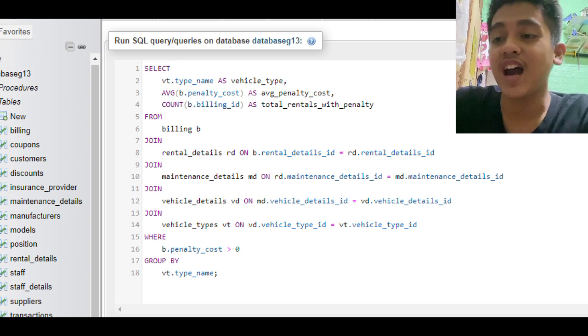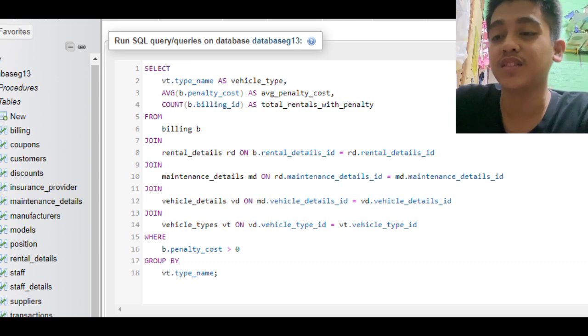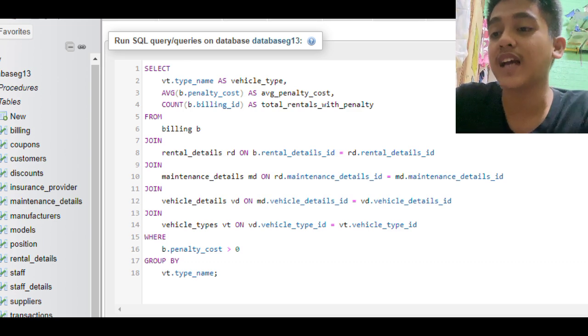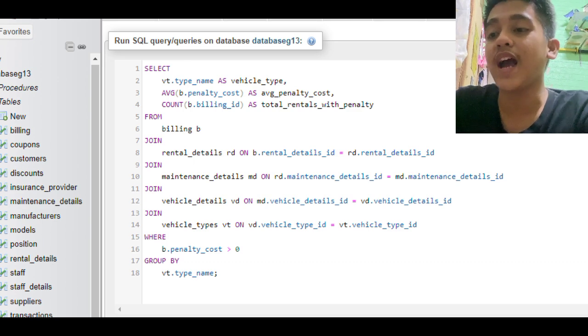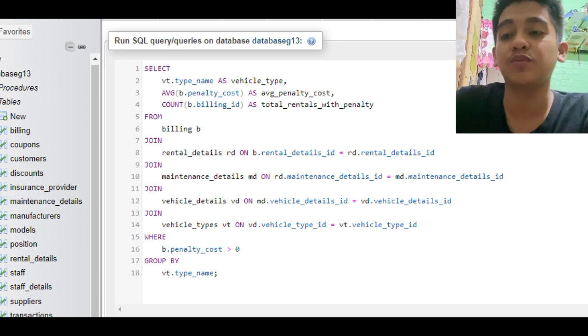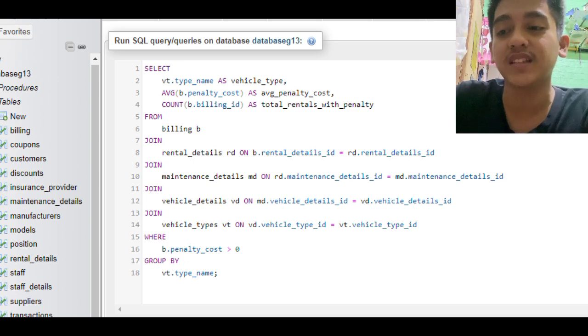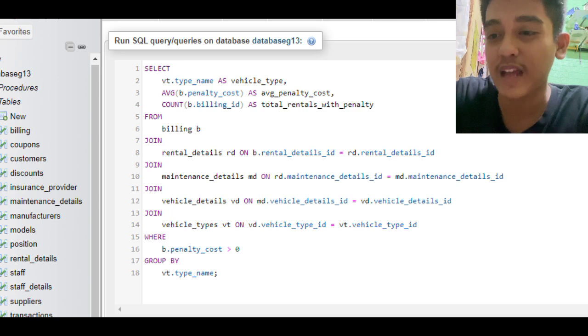This calculates the average penalty cost for rentals with penalties for each vehicle type. The next is COUNT(billing_ID) as total_rentals_with_penalty. This counts the total number of rentals with penalties for each vehicle type.